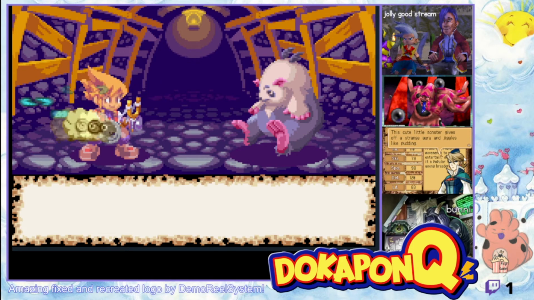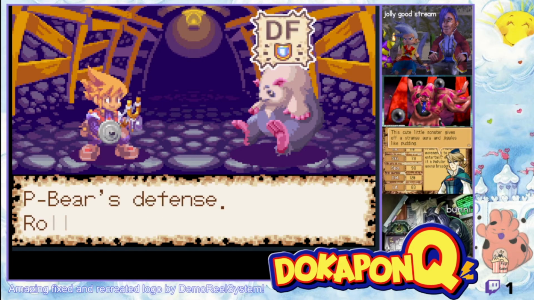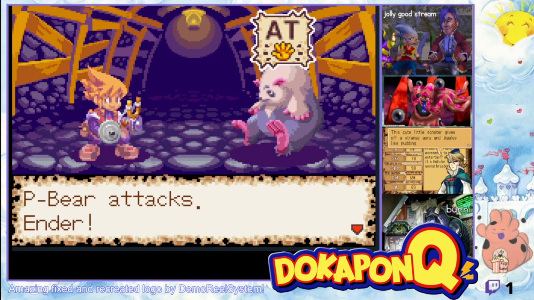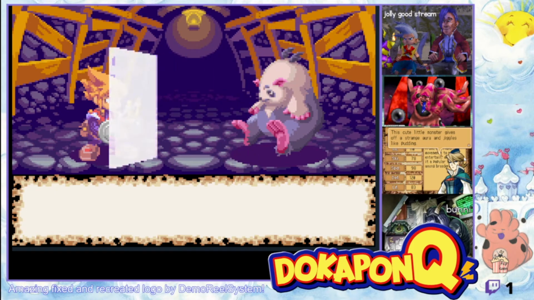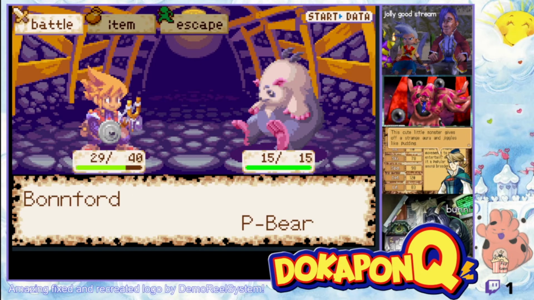At least the animation for Sleeper is really adorable, which makes up for how many times you're going to see it. Knew it. What item did you steal from me? It deals 1 damage, that's the most insulting part of it, but instantly ends the battle and steals an item from you. Oh! Yes! We got the small...